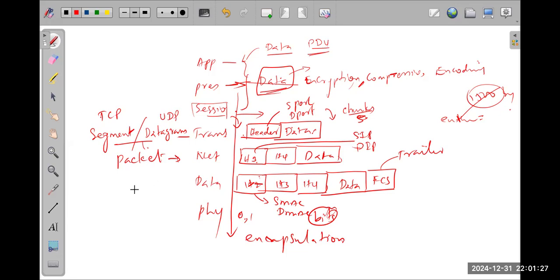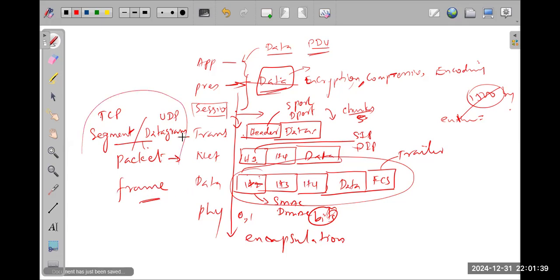And when it comes to the data link layer, it is creating frames. This is called a frame, right? So these are the protocol data units in each and every layer, here in the transport, network and data link layer. The segmentation is done in the transport layer, and after that the segment is converted to network layer packets, right? In the packet, if we want, we can do any fragmentation or something like that, and it will be transferred to the data link layer.